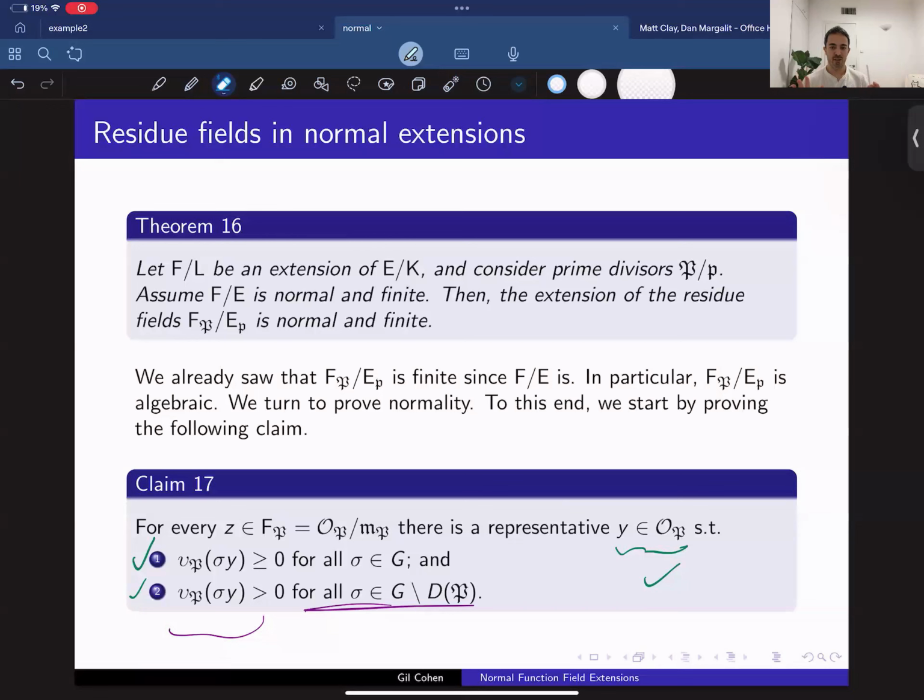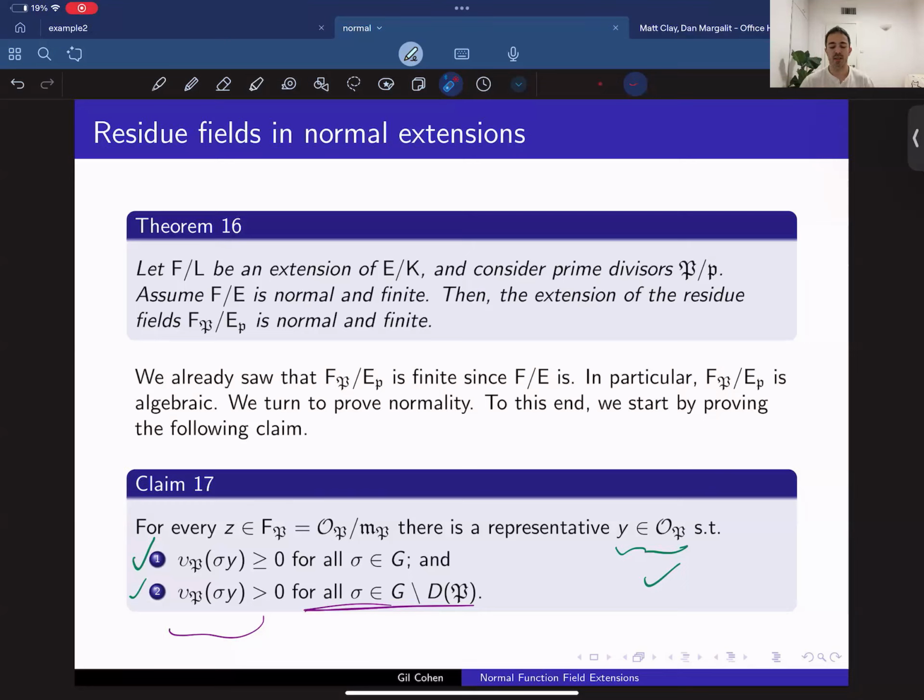Instead, the proof strategy is the following. We are going to take the element here, and we're going to consider a polynomial. It's going to take us a little bit of time to construct it, that we will show has Z as one of its roots, and all of its other roots are also in FP. And therefore, because Z is its root, the minimal polynomial of Z must divide that weird polynomial that we constructed. And since all the roots of this weird polynomial are in FP, then definitely all the roots of the minimal polynomial of Z, which is just a factor of that polynomial,